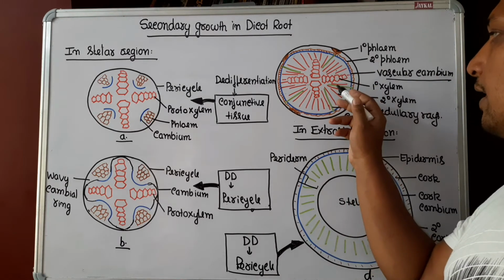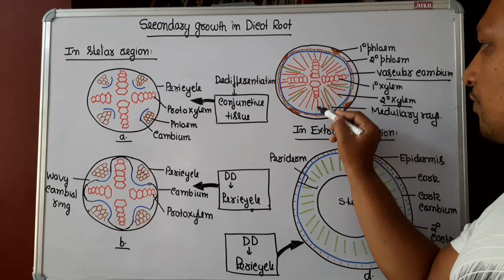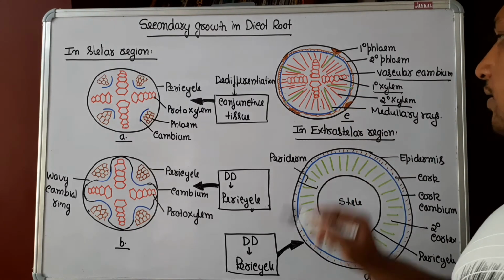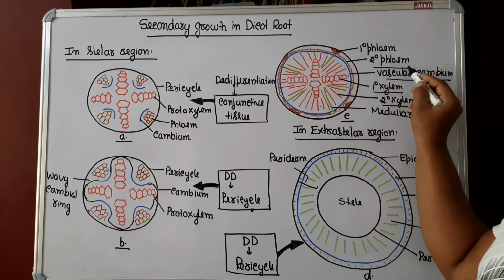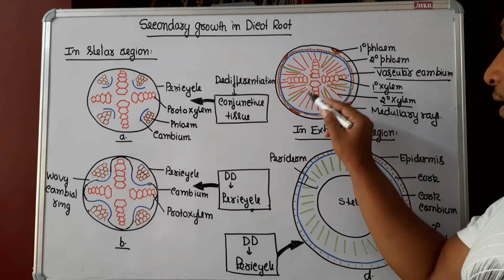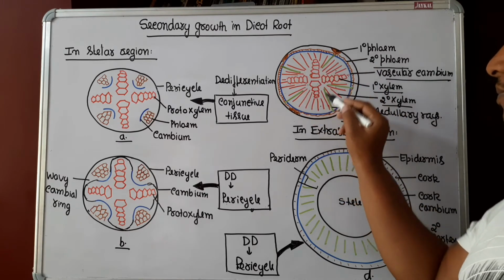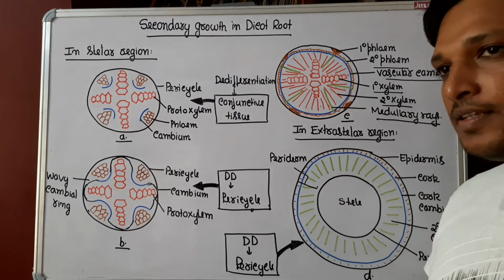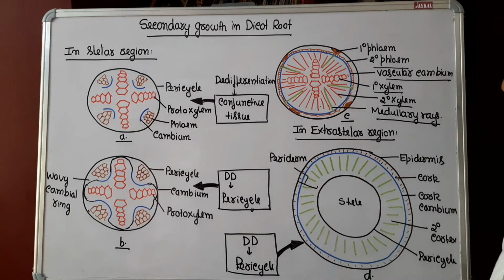inner side, and that will develop into secondary xylem. Primary xylem, because of the addition of secondary xylem, is pushed to the center. Here it is shown. Then on the outer side, it will add secondary phloem, where primary phloem is pushed towards the periphery. And there will be addition of radially arranged parenchymatous cells by the vascular cambium, which pass between xylem and phloem, and that is called medullary rays. So this is how the stellar girth or width increases due to activity of vascular cambium.